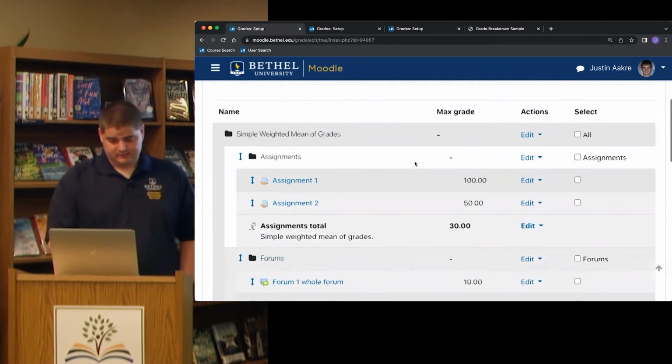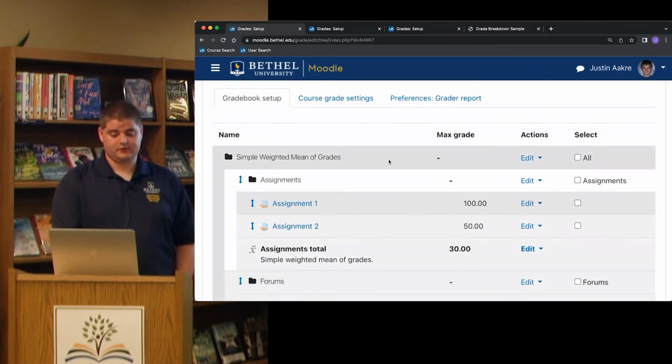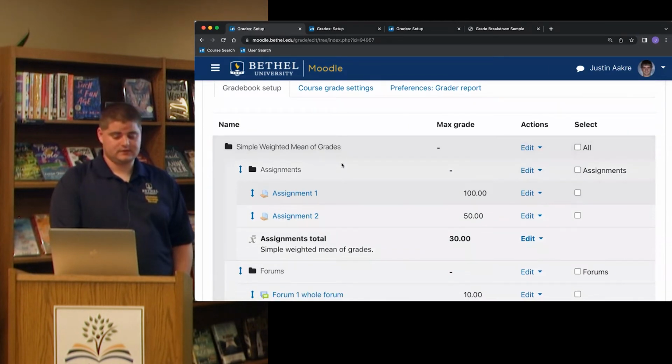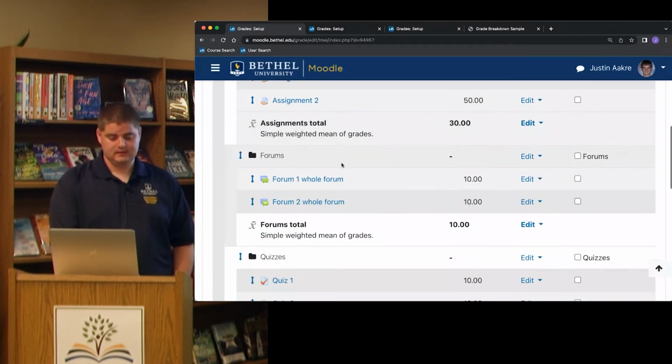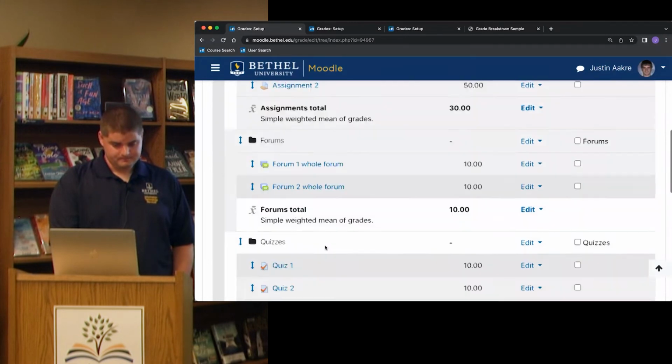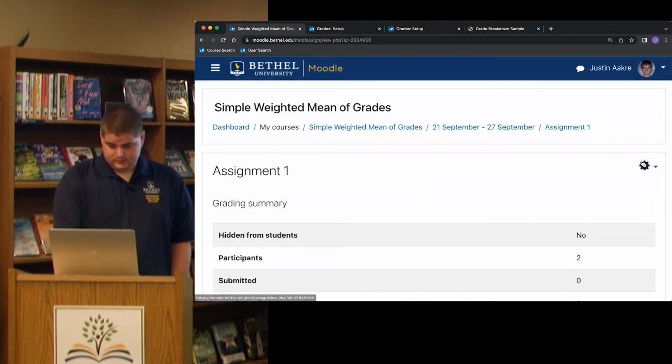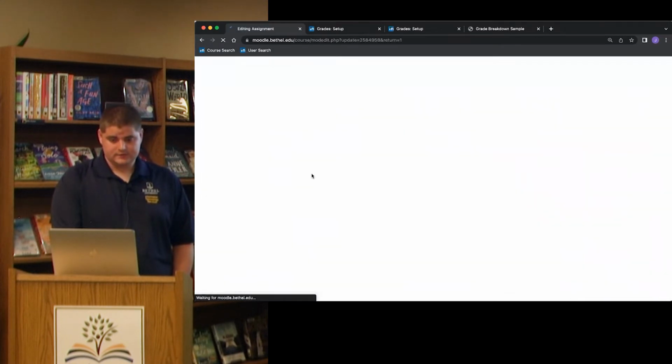Lastly, I do want to identify 4 tips for grading each of the tools. So I'll have 1 tip for assignments, forums, quizzes, and grade items. The first one is assignment 1. The easiest way that I found to grade specifically papers is if I change my forced